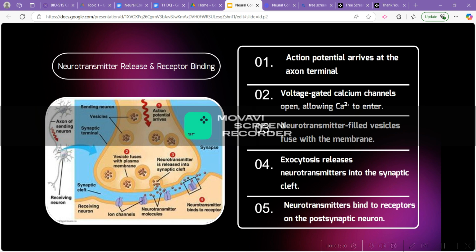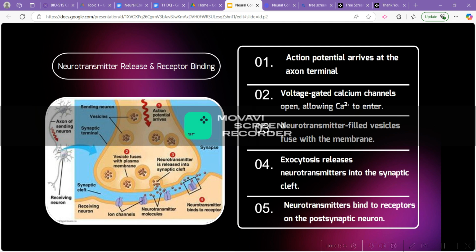Neurotransmitter release is a crucial step in synaptic communication, allowing signals to be transmitted between neurons. The process begins when an action potential arrives at the axon terminal of the presynaptic neuron. The electrical signal triggers the opening of voltage-gated calcium channels, allowing calcium (Ca2+) ions to enter the neuron. The influx of calcium ions causes neurotransmitter-filled vesicles to move toward and fuse with the presynaptic membrane, a process known